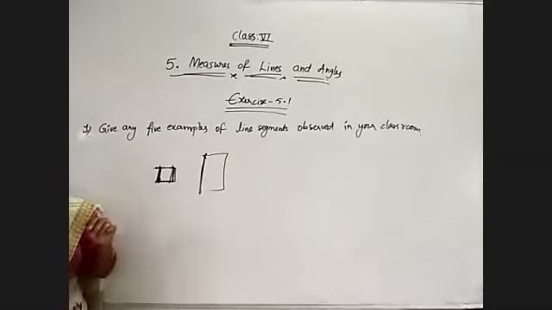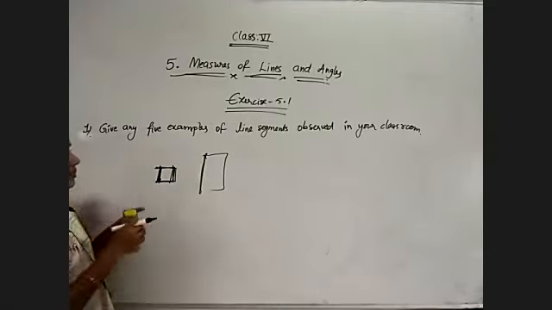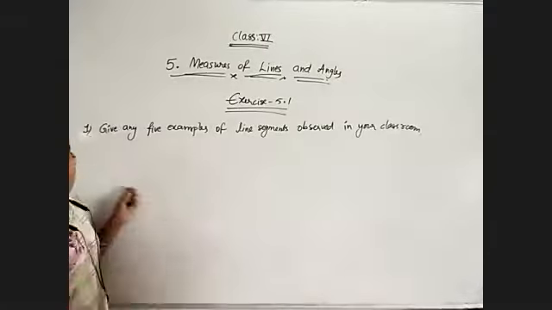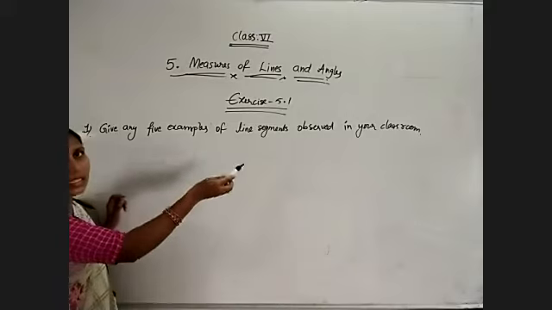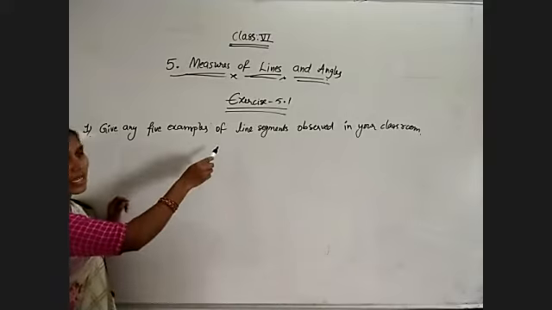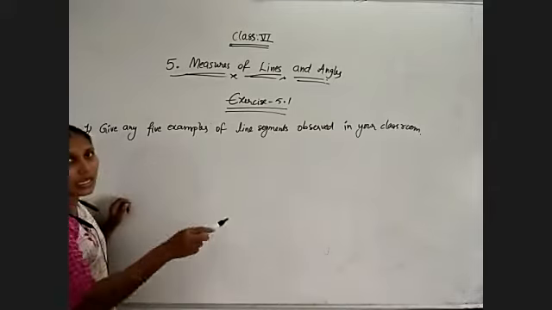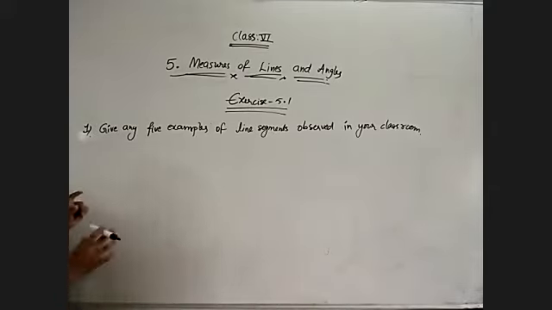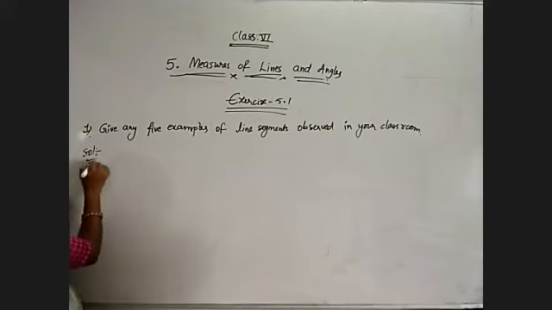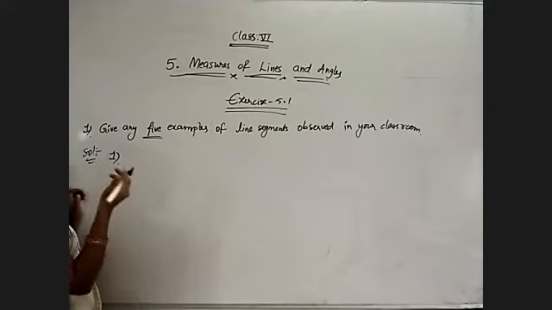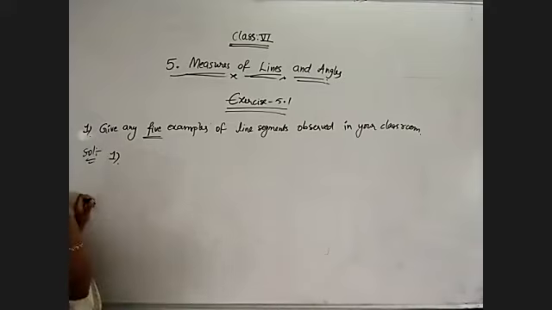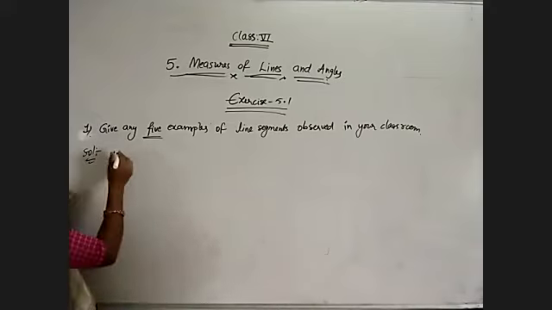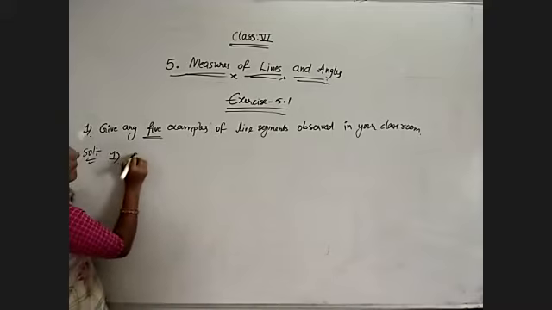Now just observe the examples for these line segments. Where are we getting the line segment? Just now I told you, and we must write the objects which are examples of line segments that should be related to the classroom, not outside. So now observe this. 5 examples we must list. The first example is, as you wish you can write, that is your wish. Whatever I have written, no need to follow the same thing. If you are getting new ideas, you can write. Now my first example is edge of the board.